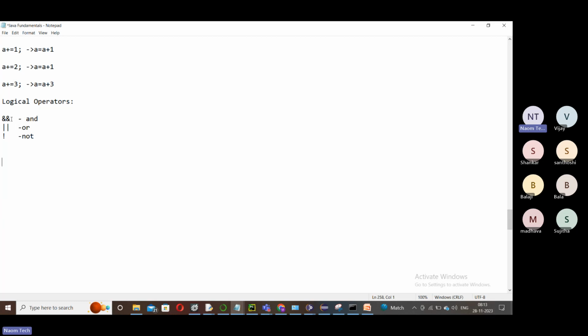OR also does the same. But the difference is when you apply AND, every condition in that expression should be true if the AND operation has to be true. So point one here, AND and OR are used to combine conditions. That is one thing. Second thing is,